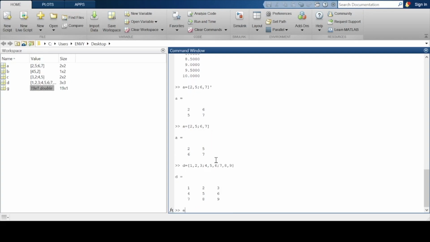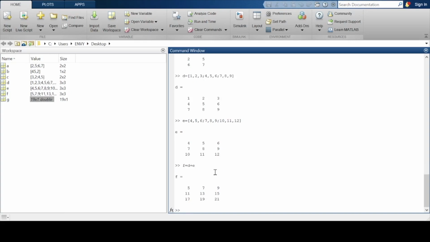Okay, and now let's take another matrix E. Now what if we do F is equal to D plus E?